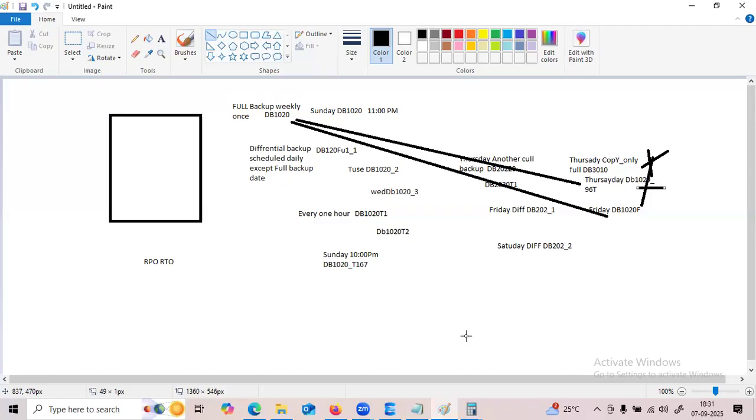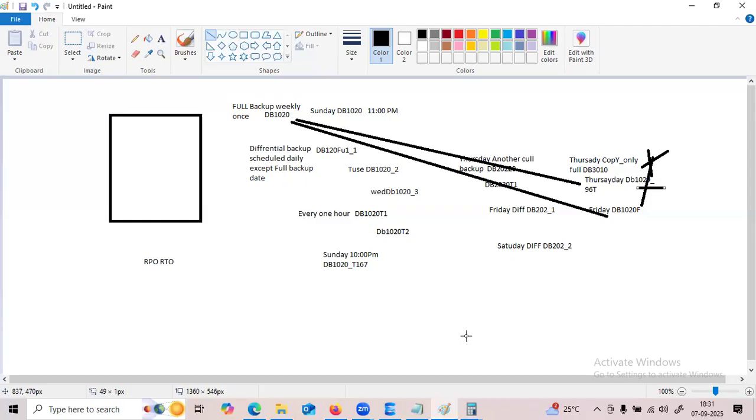That is one purpose, and there are some other purposes. Sometimes the developer will ask, I need that particular day's full backup, I want to restore it into development. In that scenario, you can take the copy only backup and restore it onto another server, so they will get the exact data.